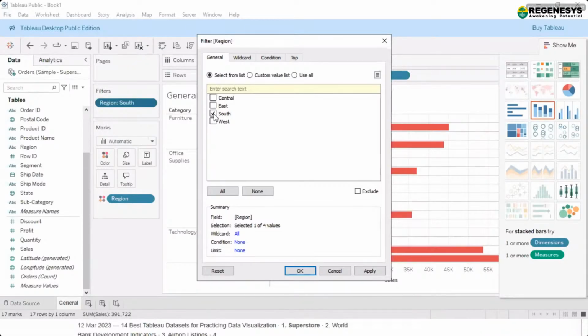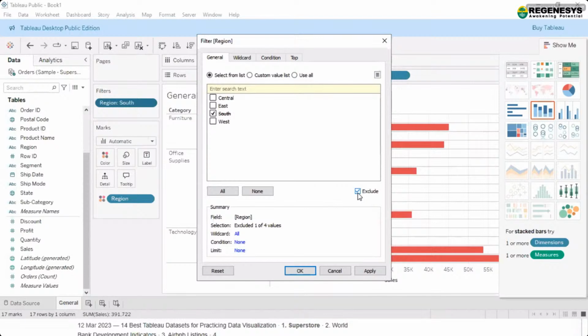For example, right now I have taken South, but now I just exclude this South. I've clicked on exclude here. When I've excluded it, you can see I get Central, East, and West, all three here. I have ticked here, which means I'm excluding it.